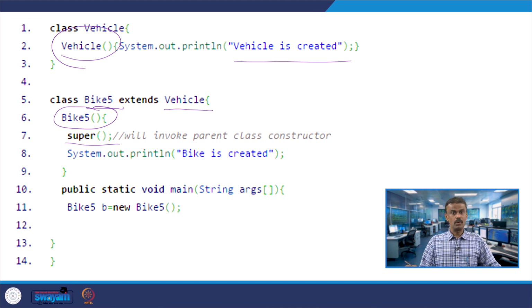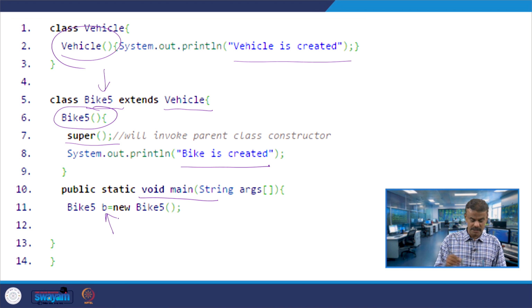Now we have one print statement under the Bike5 constructor, which prints "Bike is created". Then in void main, b is an object of Bike5; you dynamically create space for object b, and Bike5 is a constructor.